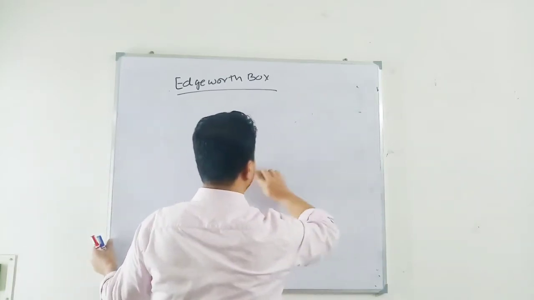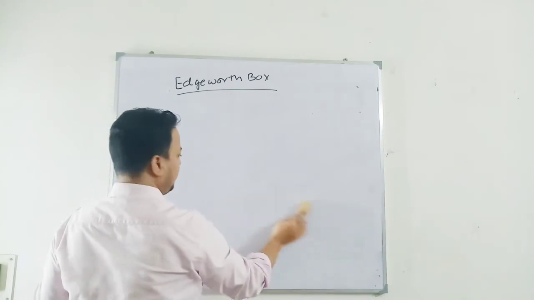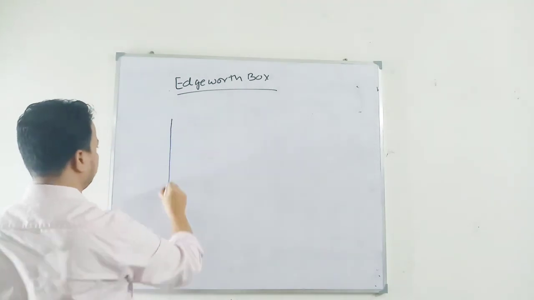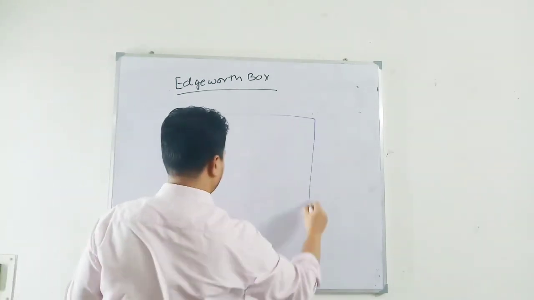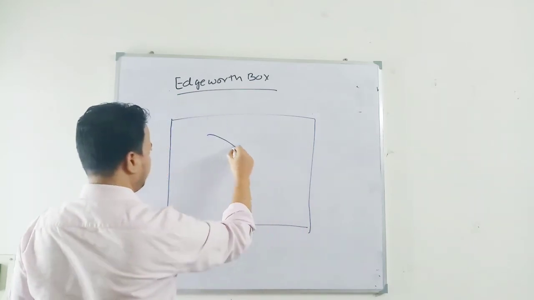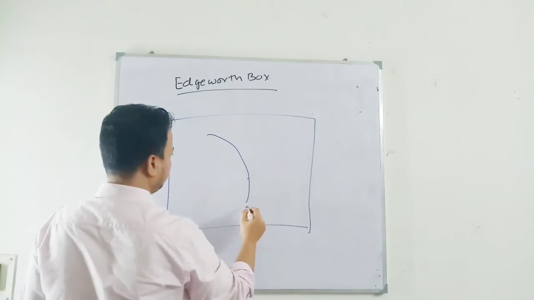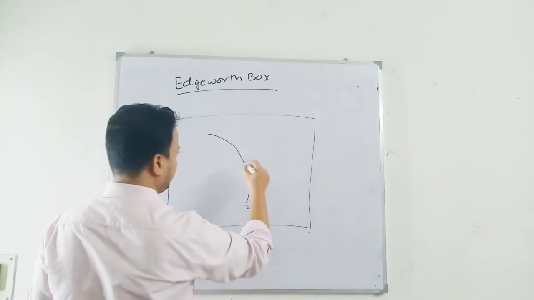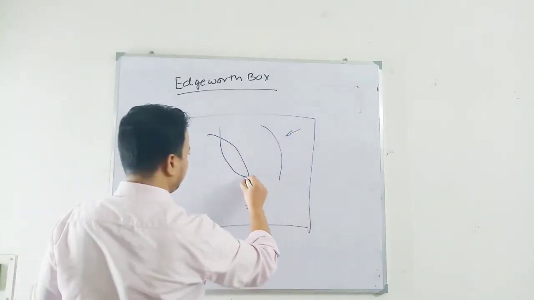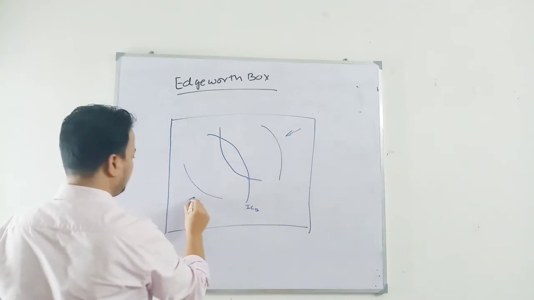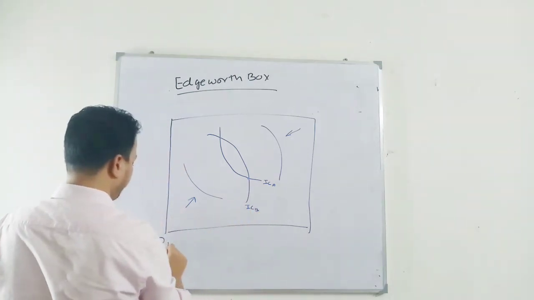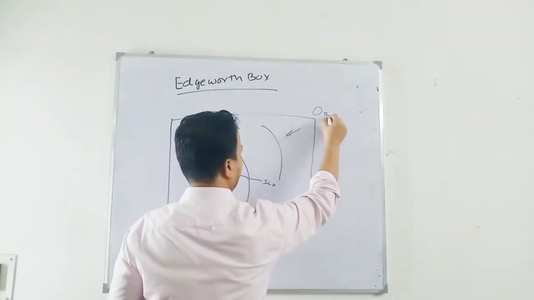So I hope Pareto improvement is clear. Let me draw once again the Pareto improvement graph. So this is the endowment. This is the indifference curve of consumer B, because it is drawn like this, and the higher indifference curve will be on this side. And this is the indifference curve of consumer A, and the higher indifference curve of consumer A will be this side. This is the indifference curve of A, this is B. This is the axis of A, this is the axis of B.